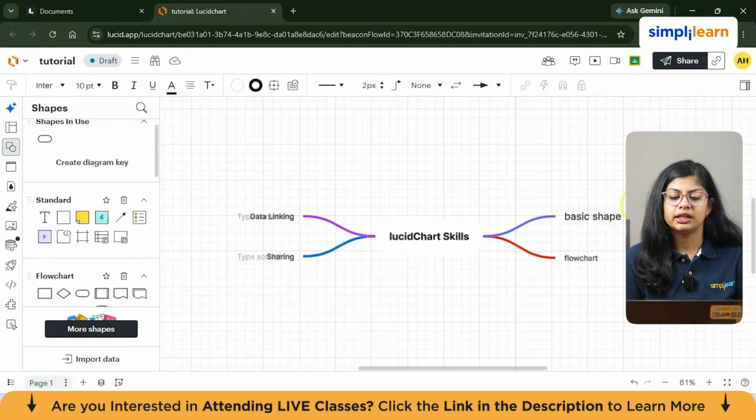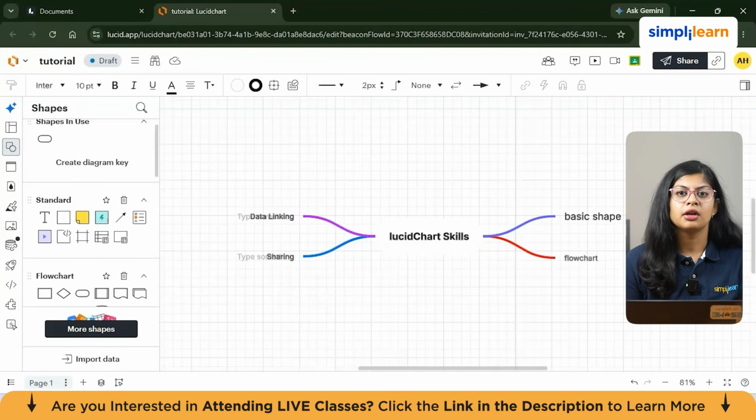Now again, the connectors can be formatted as shown before. You can increase the size, change the color, make it colorful, make it easy to read basically. And there we have our first Lucidchart project, a simple mind map. This may look basic, but it teaches the foundation of almost everything we will do later: shapes, text and connectors, formatting, alignment and even structure. Before we move forward, remember, Lucidchart diagrams are not just about adding shapes. They are about making information easier to understand.